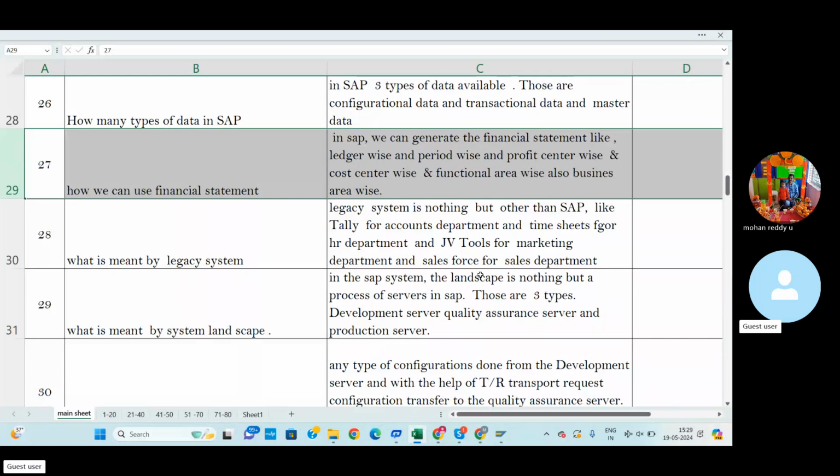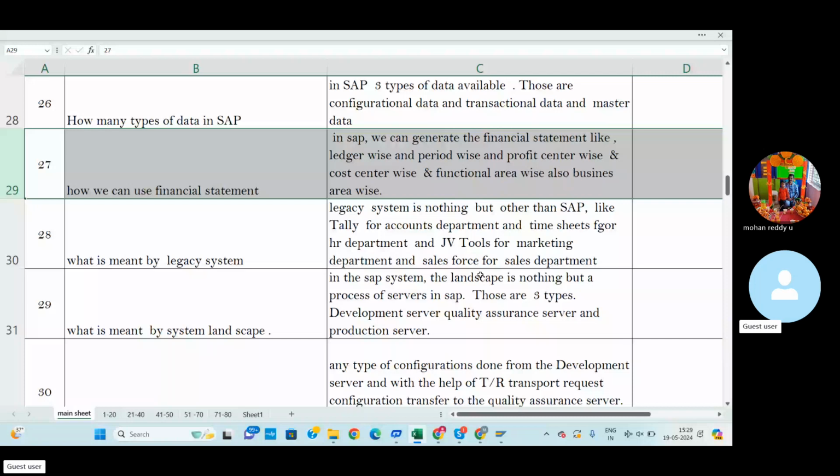The complete financial information related to the particular company we can check using its financial statement.